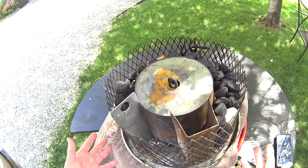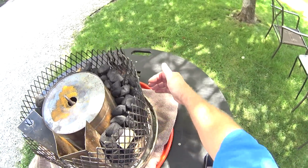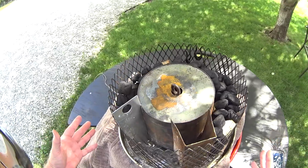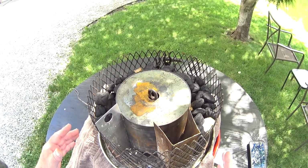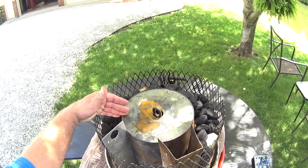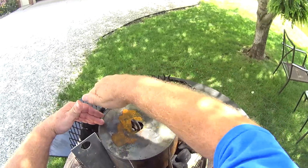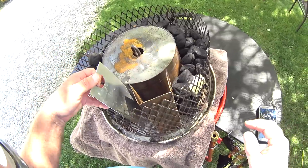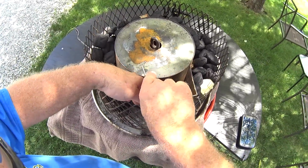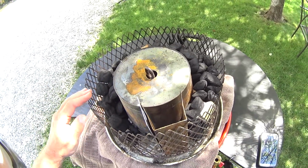You know, if you cut the air down, it's going to burn slower. More air, it's going to burn faster. So you can regulate it like that. If you want to burn even less, 3 hours, put this thing over here and just burn from here to there. But like I said, if you stick this in right like that,